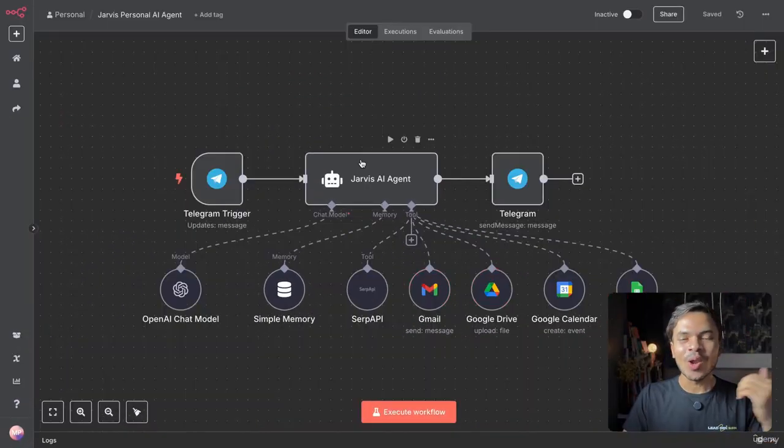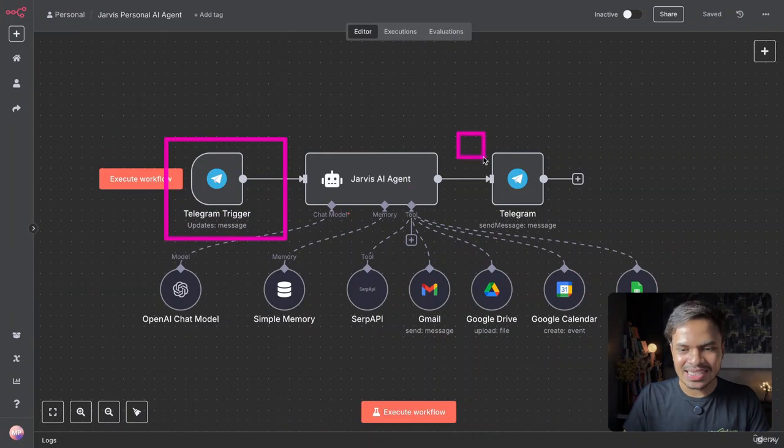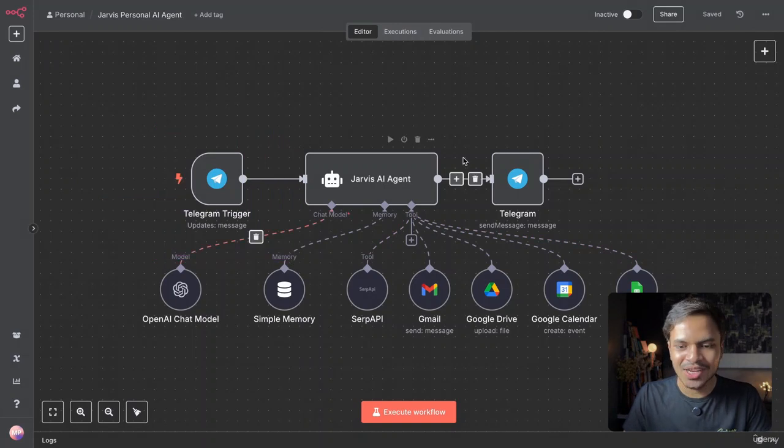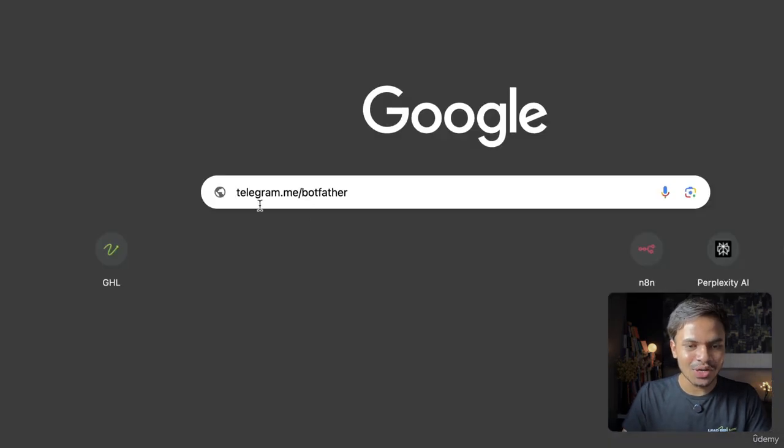You might have seen me a lot of times I'm using Telegram instead of WhatsApp because it is best and it is so easier to connect inside N8N than WhatsApp. And in this lecture, I'm going to show you how you can connect your Telegram bot to your AI agents or your N8N workflows very easily. So what you need to do is just go to this site, which is an official site to create bots in Telegram, which is